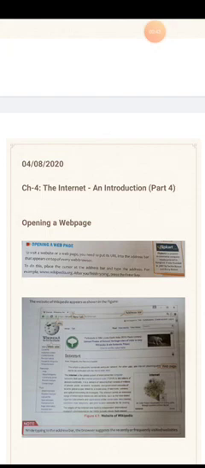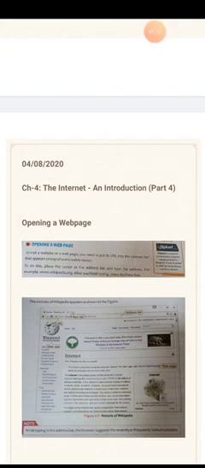Website is like a collection of pages, like we have a collection of pages for a book. Same way, web page has many pages. It can also be called a website, and every website has got a home page. The first page, like a book has got a cover page, web page has got a home page.